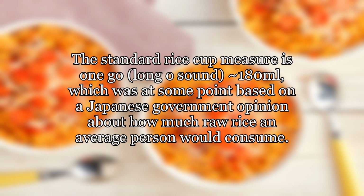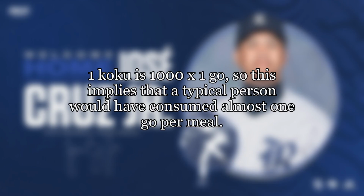The standard rice cup measure is 1 go, long O sound, approximately 180 milliliters, which was at some point based on a Japanese government opinion about how much raw rice an average person would consume. 1 koku is 1000 x 1 go, so this implies that a typical person would have consumed almost 1 go